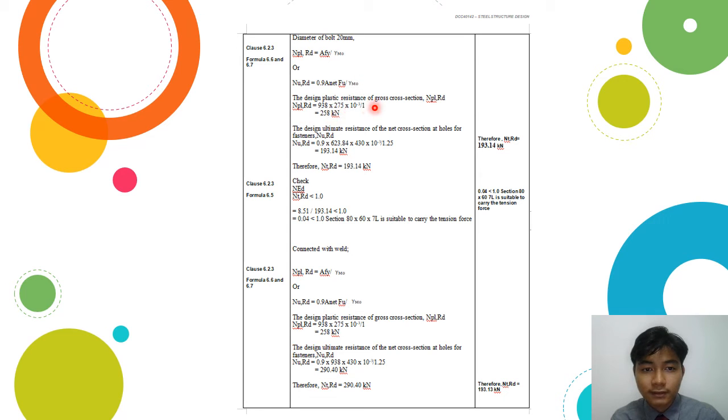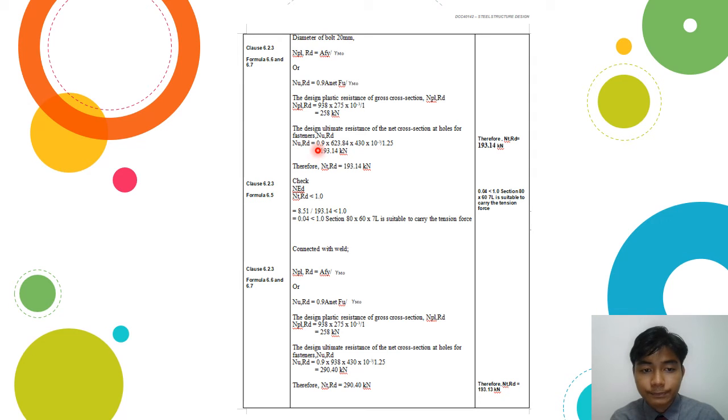The design plastic resistance of cross section is NplRd. NplRd equals to 938 times 275 times 10 to the power of negative 3 over 1. So we got 258 kilonewton. The design ultimate resistance of net cross section at holes for fasteners, or NuRd, is